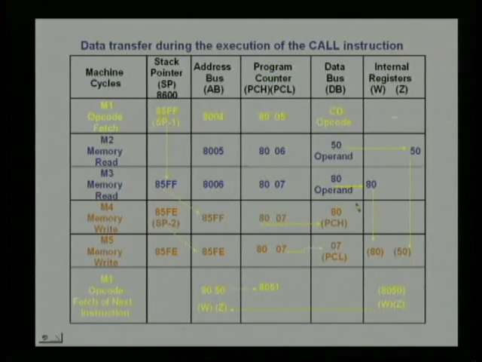In this memory location, since 80 is there, memory will place 80 onto the data bus, and the processor will read this 80 into its internal register W. So now the processor has read the address of the subroutine, and before branching to the subroutine at address 8050, the processor stores the latest program counter contents, which actually refers to the address of